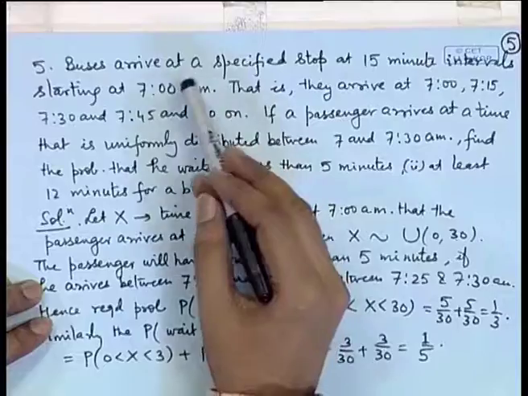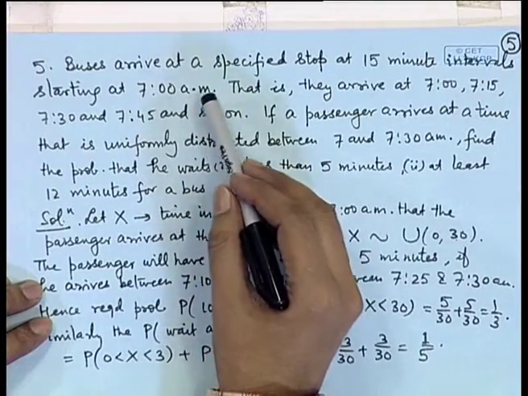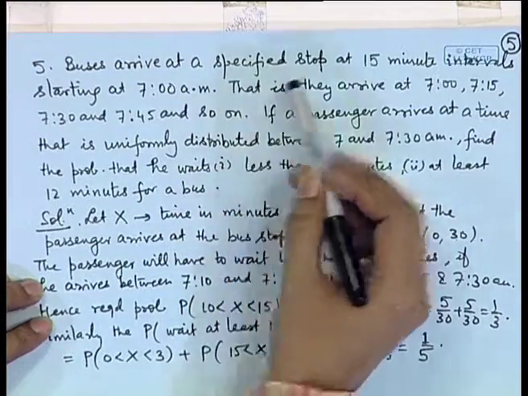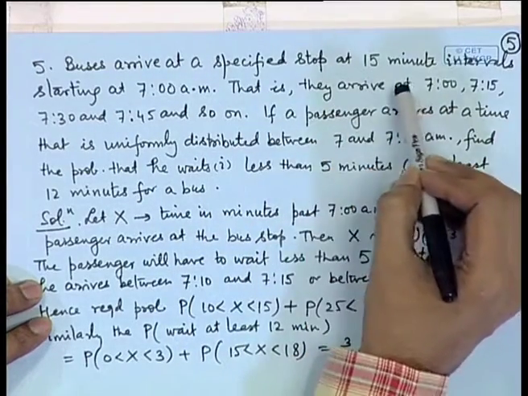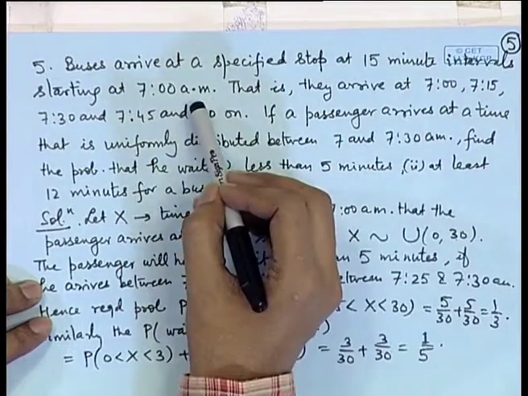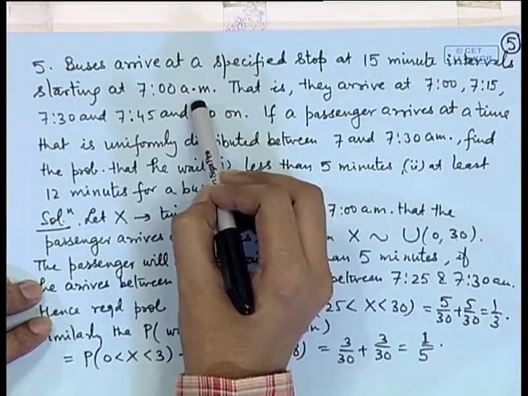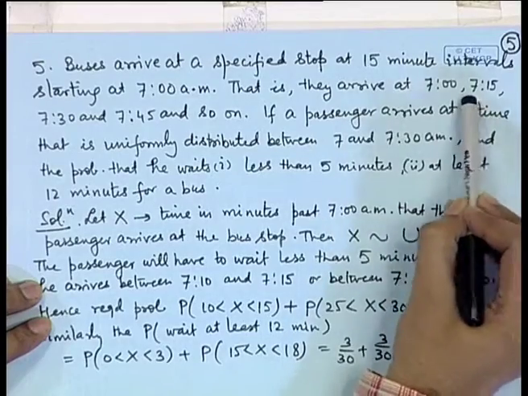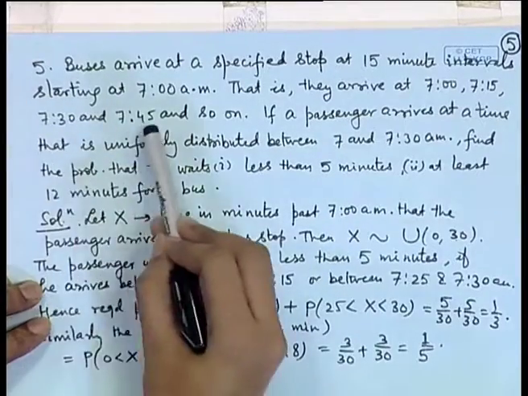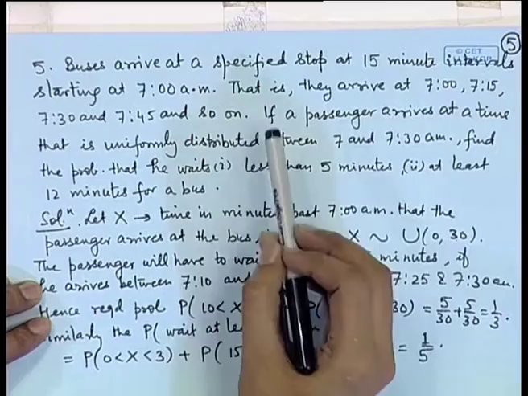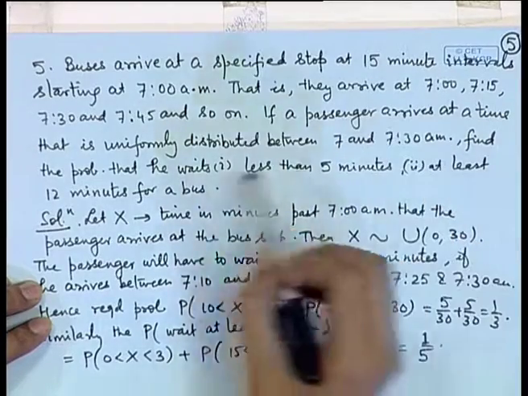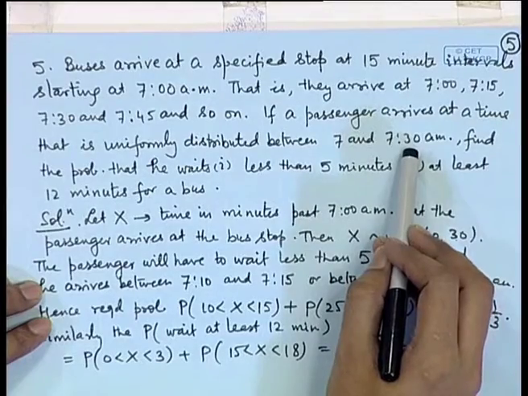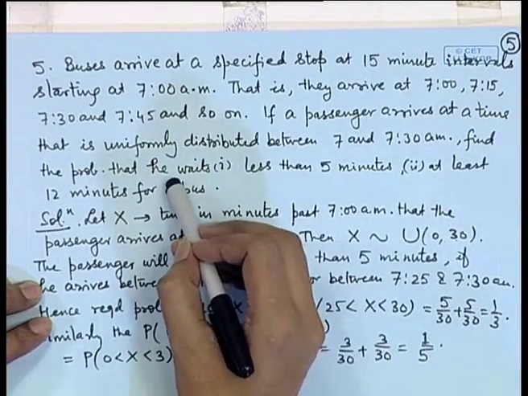Let us look at an application of continuous uniform distribution. Buses arrive at a specified stop at 15-minute intervals starting at 7 a.m. That means, bus will come at 7, it will come at 7:15, 7:30, 7:45 and so on. So, if a passenger arrives at a time uniformly distributed between 7 to 7:30 a.m., find the probability that he has to wait